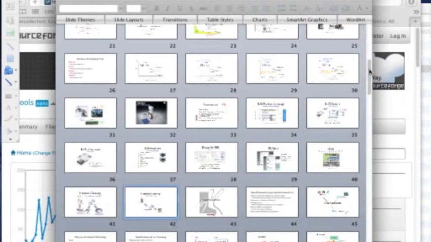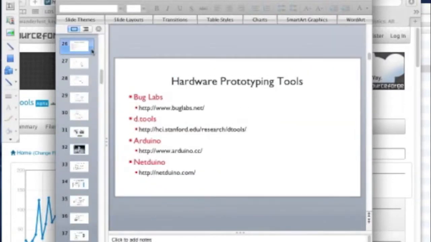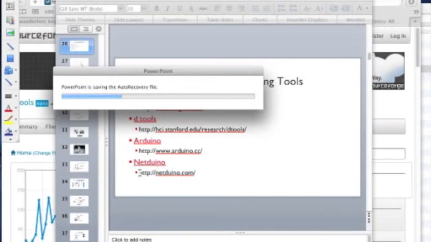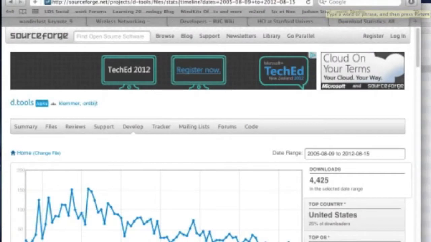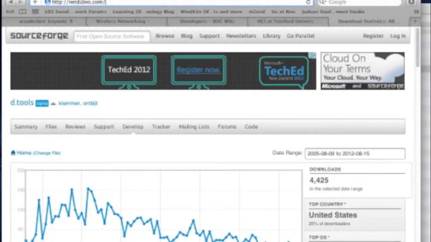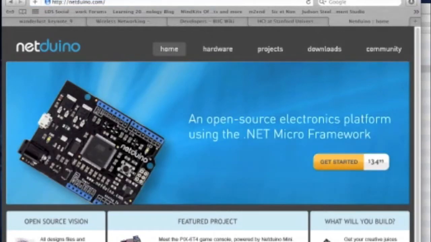Let's see here. So there's also NetDuino. Do you guys know NetDuino? Okay, so NetDuino is the Microsoft platform, which is effectively a competitor to Arduino, and it lets you program using C#. So here it is. It's an open source hardware platform that uses the .NET framework, and also relatively cheap, $35 for the base hardware, and then